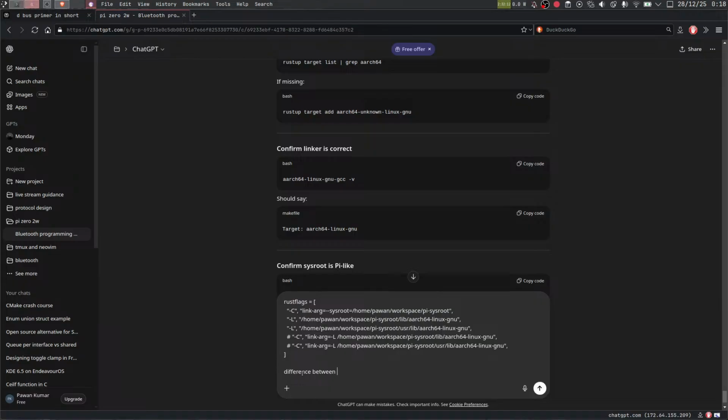Difference between, for example, just one, these two are enough I guess. Lib arm64 and then this is